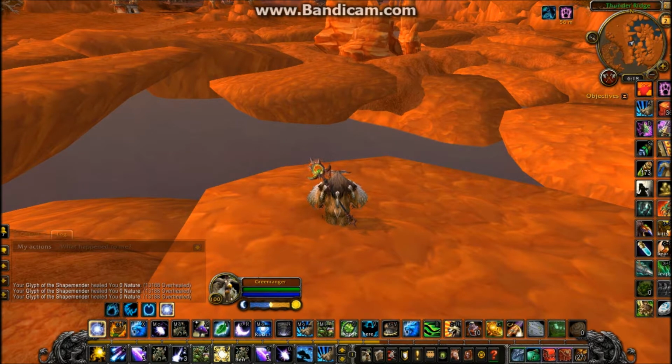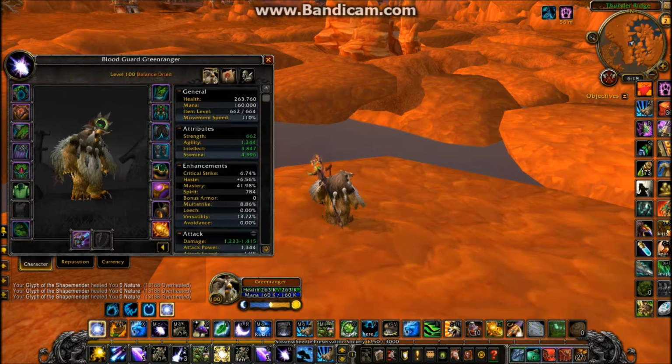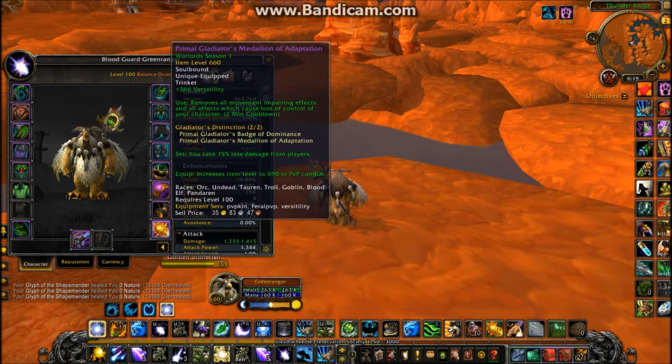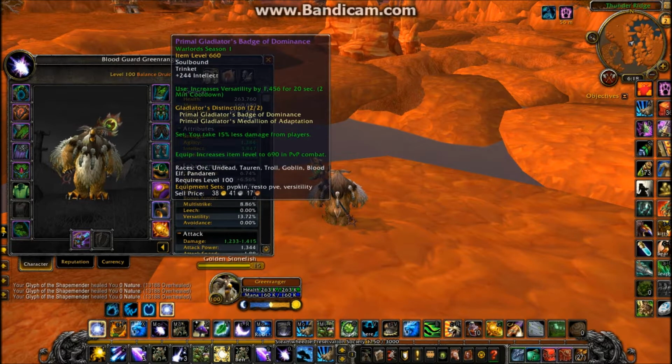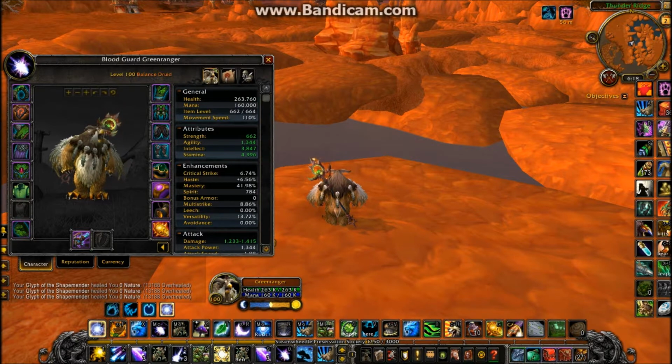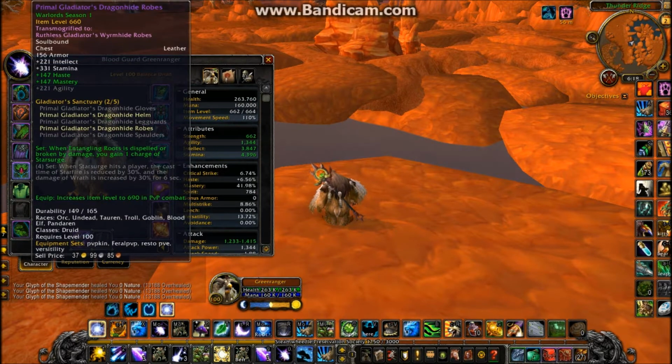So first of all, I think probably most importantly is gear. What I've picked in terms of gear: I have gone full versatility for this. Every piece of versatility I can. Versatility trinket, on-use extra versatility to put in my cooldown, versatility enchantments. I've actually gone as far as only having the 2 set bonus